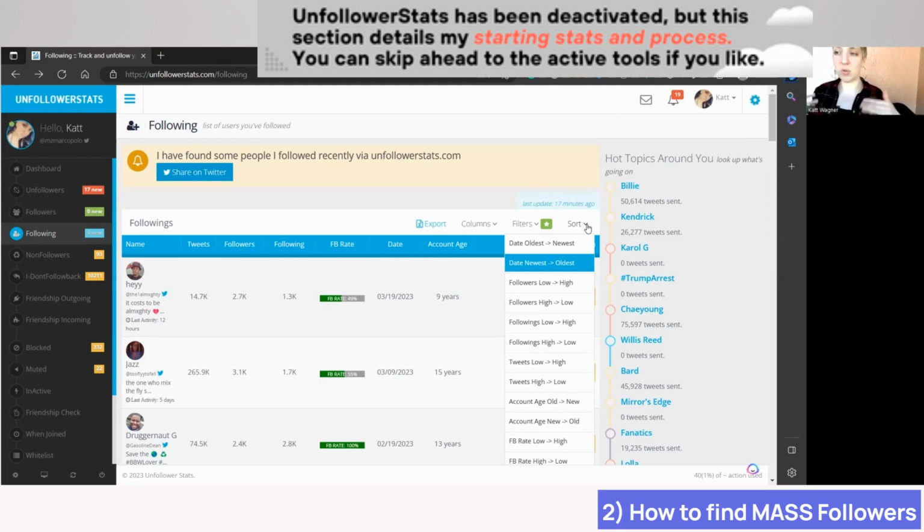What I'm going to do is remove what we call mass following. So these are people that you're following or that follow you or both that follow a ton of people and just aren't likely to see your content. There's too much noise on their timeline. So it's not probable that they're even going to see or interact with your content. So they're likely to be ghost engagement. And getting rid of them will mean that we have more active, more likely to engage and see your content